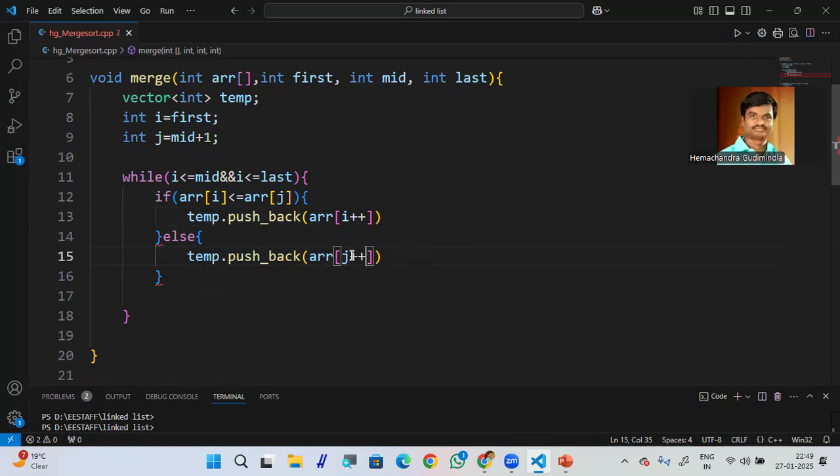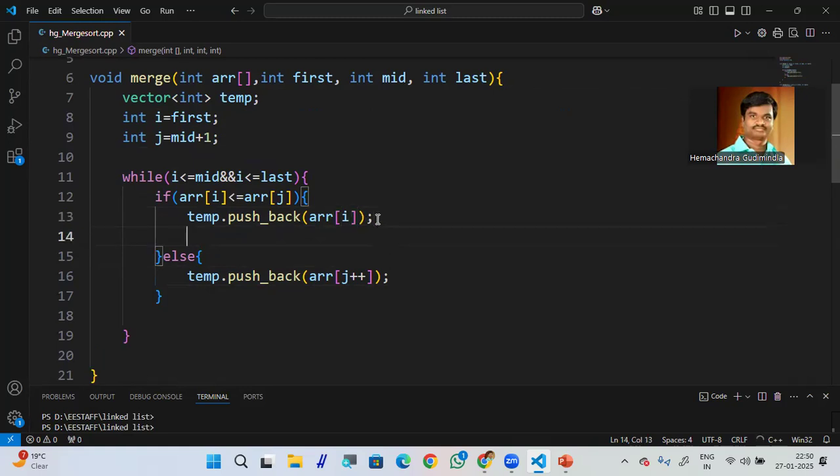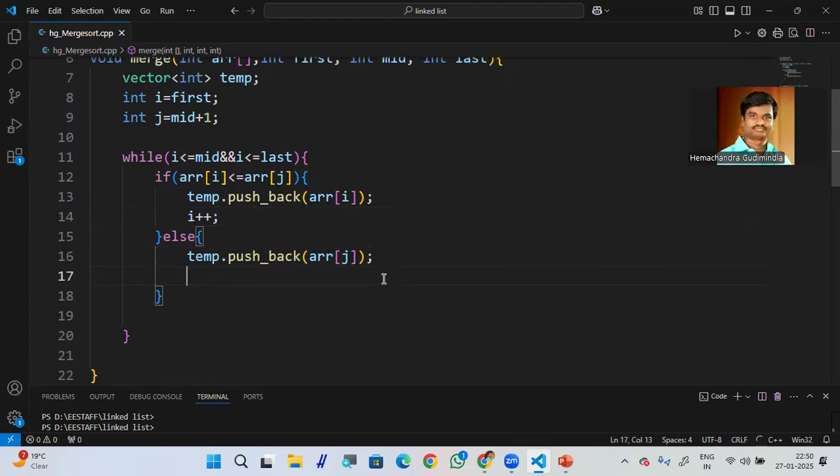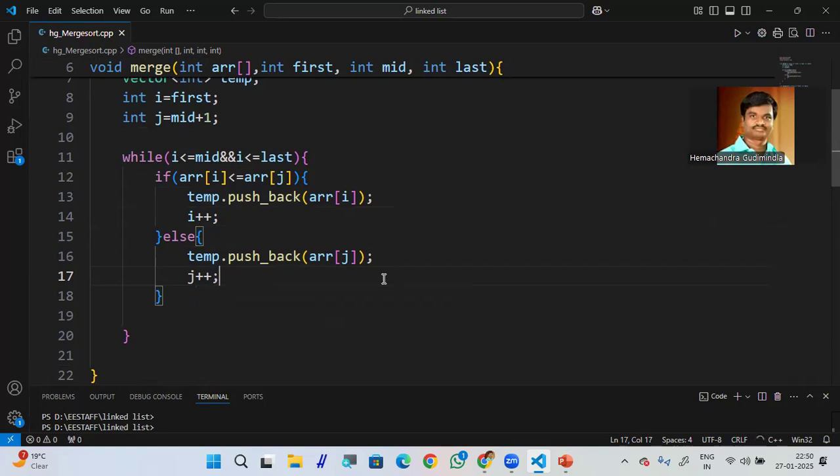If array[i] is less than or equal to array[j], otherwise, what you can do here, you can write i++. Here you can write j++. That means incrementing to the next value. So once we have done this,